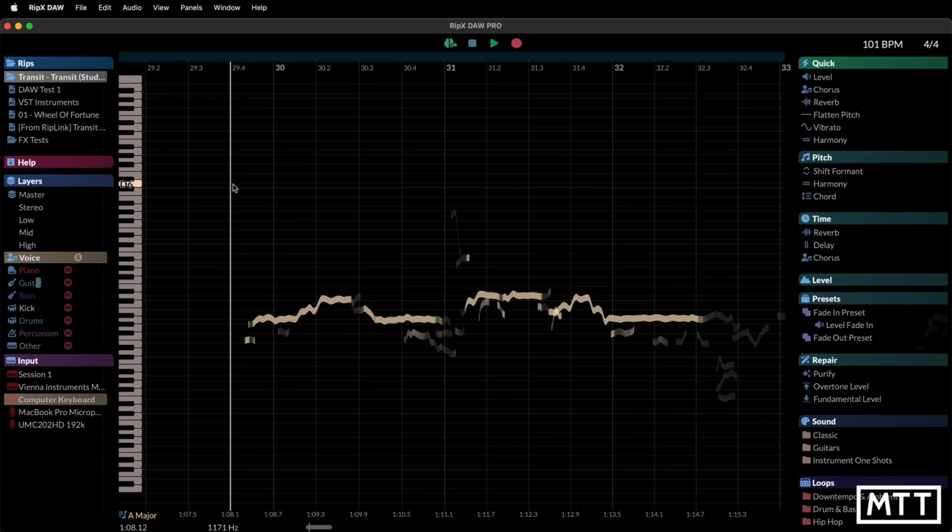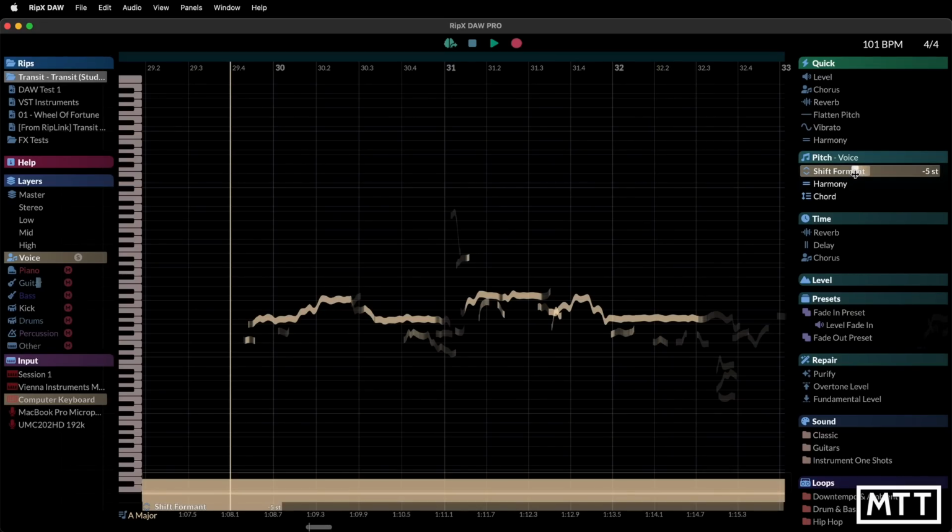Formant shifting works reasonably well, so you can change the formants and then effectively change the tone of somebody's voice without changing the pitch of it. So by bringing them down,